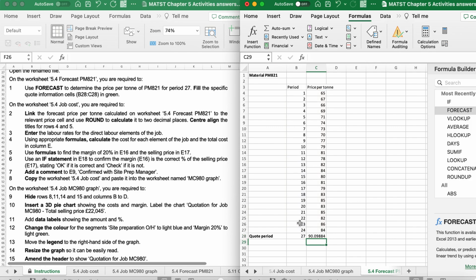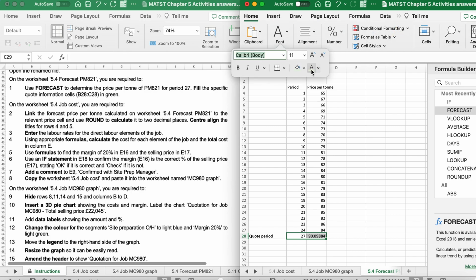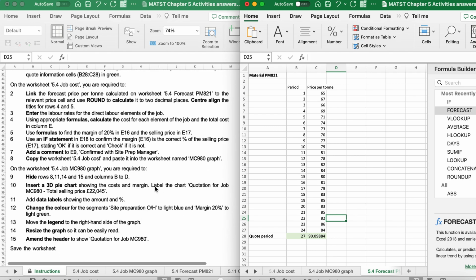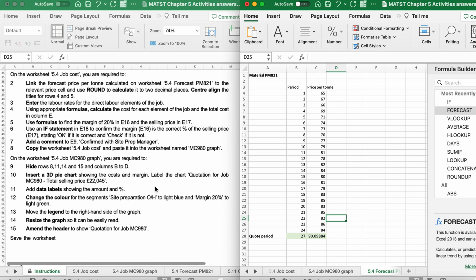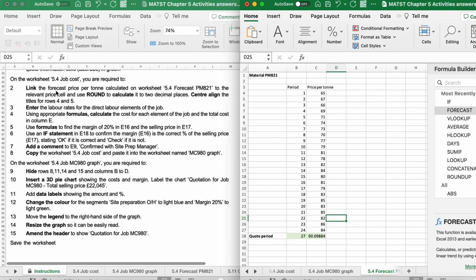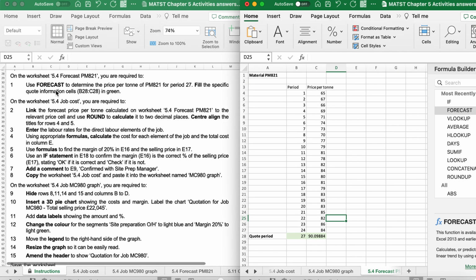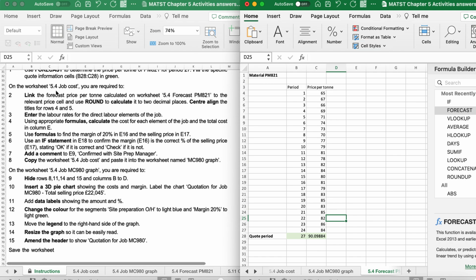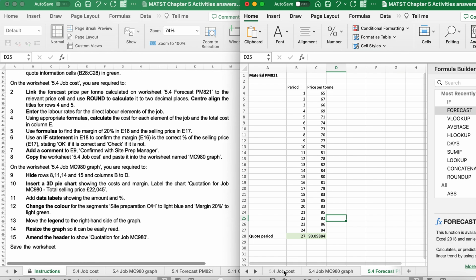So it's saying it's going to be £90 and 9p. I need to highlight these and fill them in green. So I'm just going to go font, choose the green that I like, and there we have it. That task is done. On worksheet 5.4 job cost, we need to link the forecast price per tonne calculated on worksheet 5.4 forecast PM821. So I need to go to job cost,